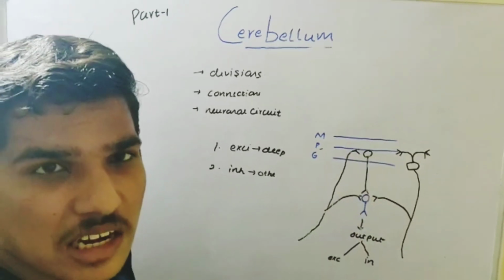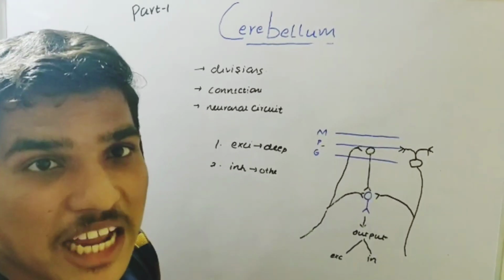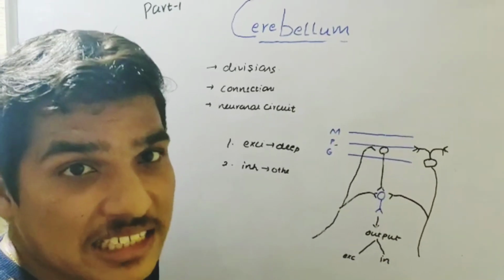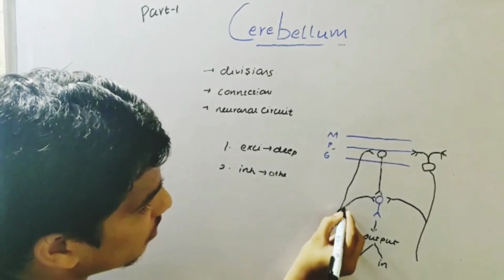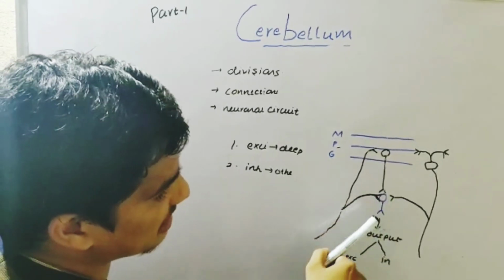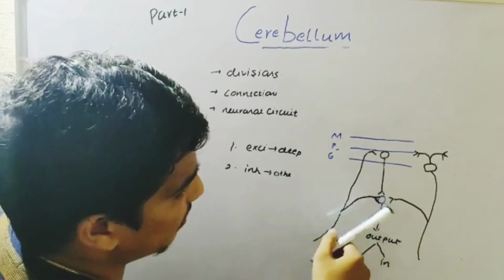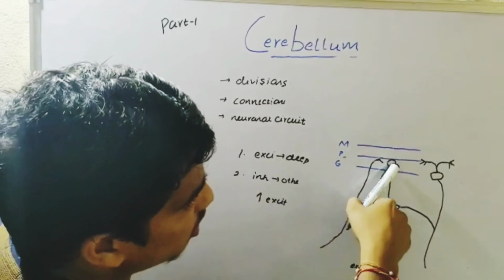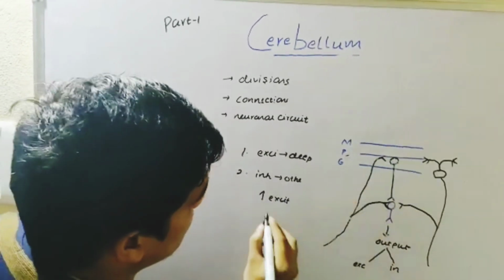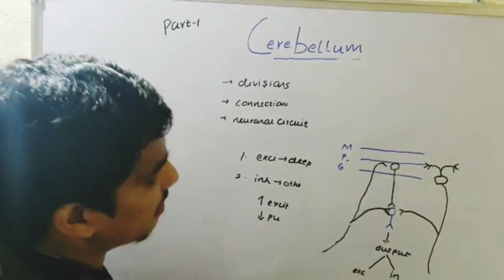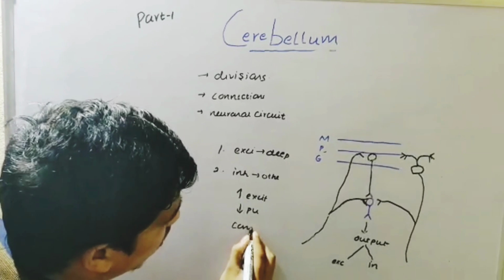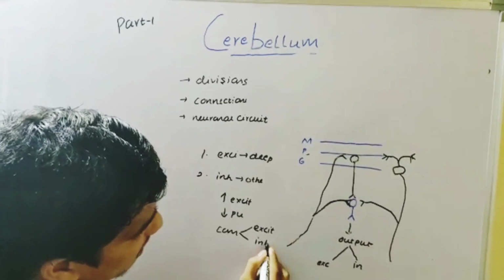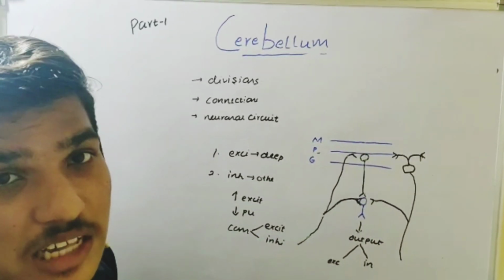Remember friends, the Purkinje cell is always inhibitory in nature, while the branch from the direct afferent fibers is always excitatory in nature. There is an interplay between the excitatory and inhibitory. First a message is sent to the deep nuclear cell by the ascending fibers, so we see first excitation, followed by inhibition by the Purkinje cell. So we see a complex consisting of excitation followed by inhibition. This type of complex is known as a spike complex.